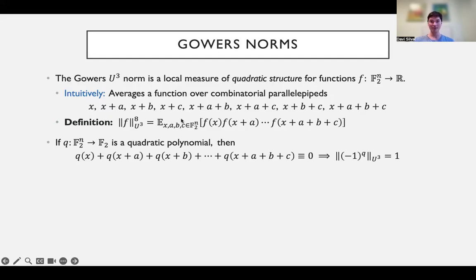And if we put this into the definition, then we see that the U3 norm of the quadratic phase function (-1)^Q is exactly 1, which is the maximum it could be,